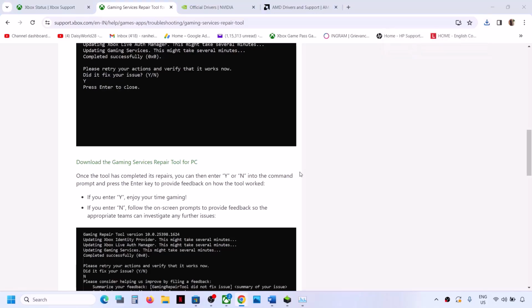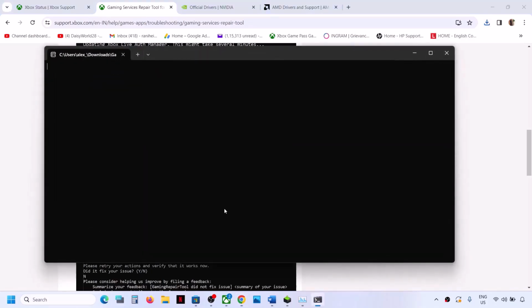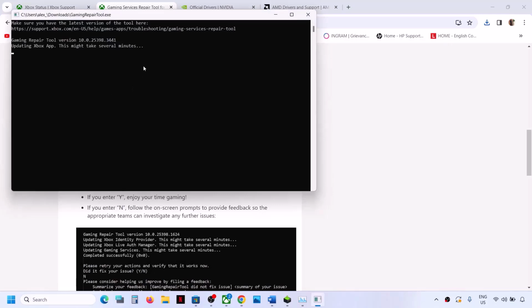So click on it and then click on yes to allow and let the process complete. Now during this process, if it's telling you to write yes or no, you can type in yes or no. So this process will take some time. You can do the same